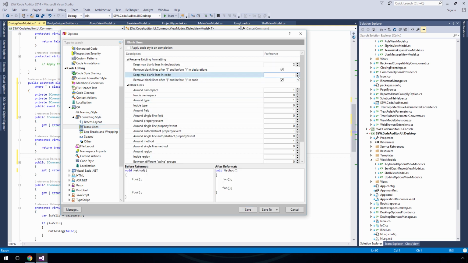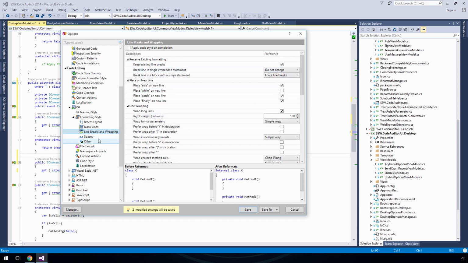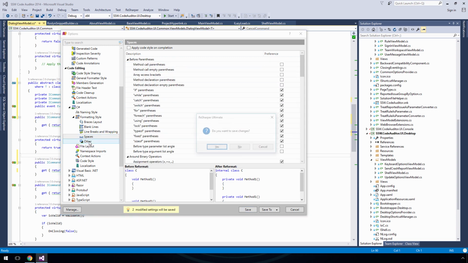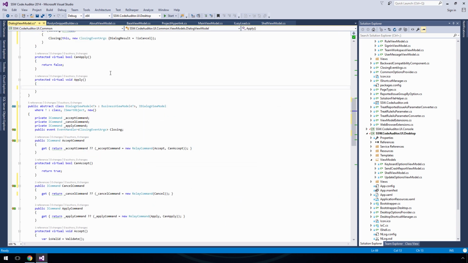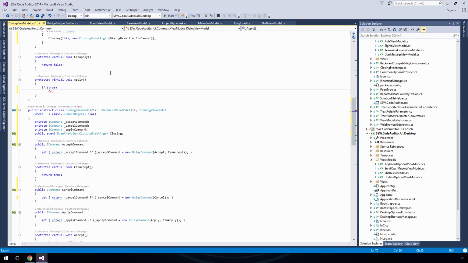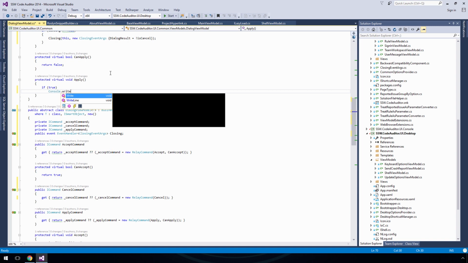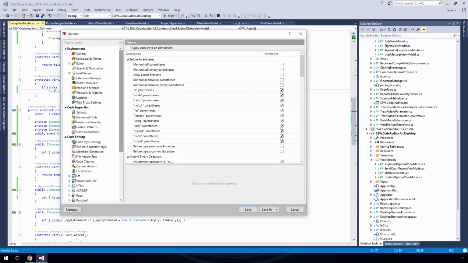So if I want to allow max one line here, and let's say I want to make sure that if there is a... yes, so I could easily write code like this: if true, Console.WriteLine, and that's pretty valid. So if I format this, it's not going to do anything, but if I want to change this, I personally prefer to have